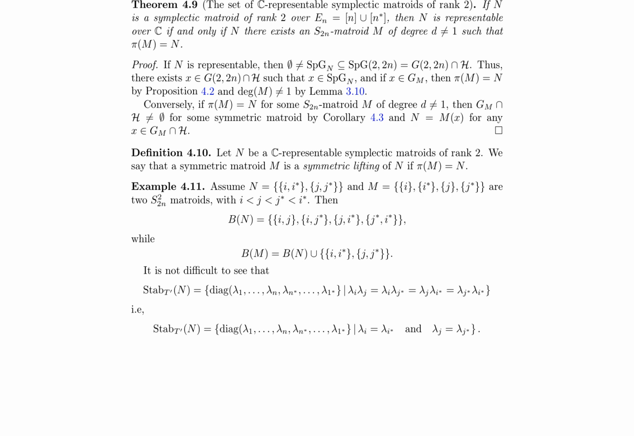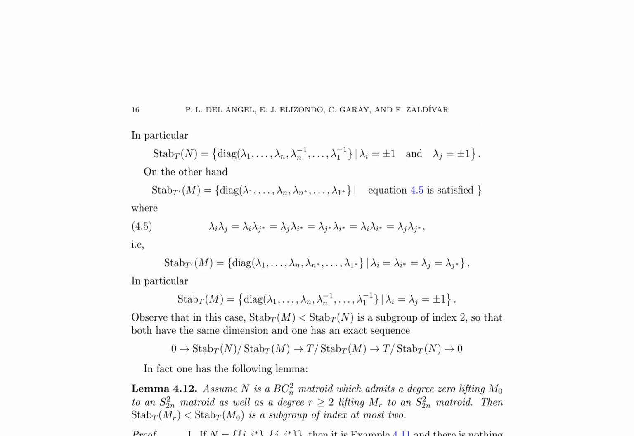This result underscores the importance of understanding the stabilizer groups in the context of symplectic matroids and their liftings. This section contributes to the understanding of symplectic Grassmannians and rank 2 symplectic matroids, providing insights into their structure, properties, and relationships with other matroidal objects. The findings presented here are crucial for advancing research in this field, particularly in the context of geometric and combinatorial aspects of matroid theory. This section of the research paper delves into the stabilizers of two matroids, N and M,